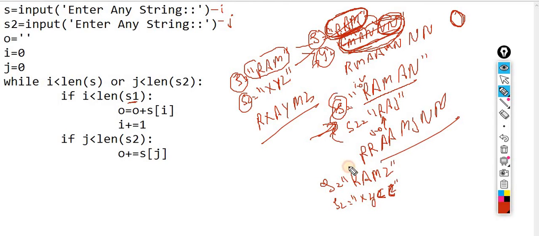So I pick the first character and add it to the empty container. After that you pick this one and again add it over here. In the next iteration, the value of i becomes 2.